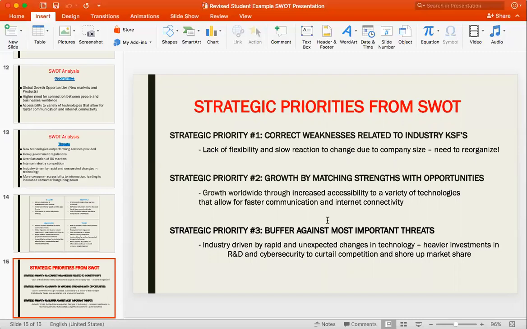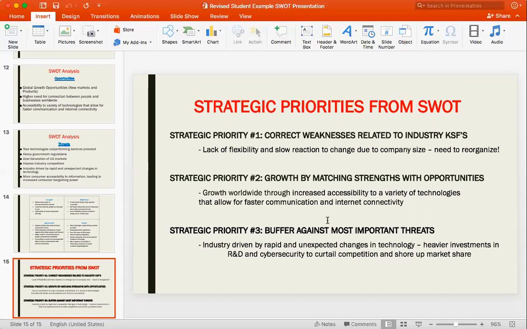And we have always said that the strategic plan is about resource allocation. How do you prioritize the allocation of your company's scarce resources? And we said there was an order that we typically use. And the typical priority, first of all, is to correct those important weaknesses. And those are the weaknesses related to the company key success factors, the industry key success factors. So if your company has any weaknesses that are related to their long-term sustainability in the market, that's what we need to correct first. And as a team, you want to talk about what are the potential strategies you might use to